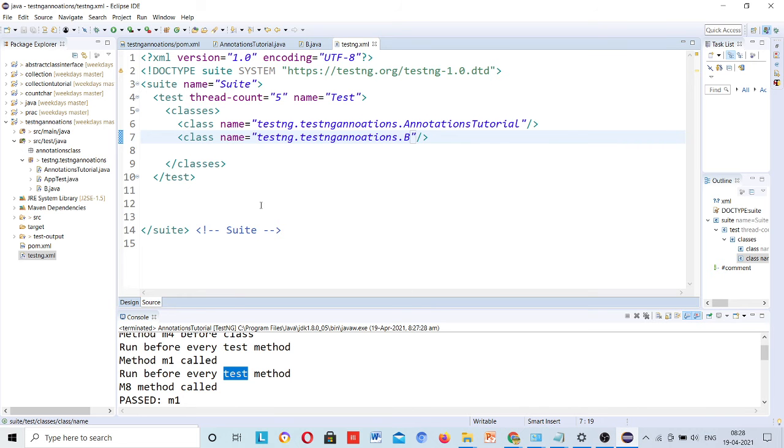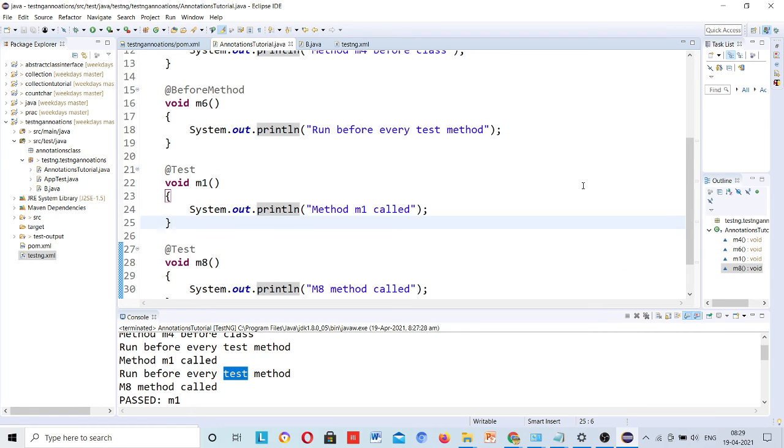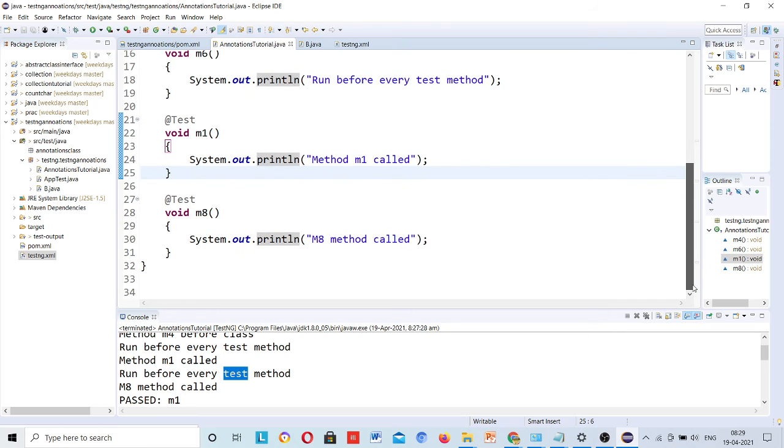Now the thing remaining is that after the completion of the classes there is a class closure, a test closure, a suite closure. The order they are written, the order they are closing, the order they will work in our annotations only. So this is for your assignment purpose: write @AfterTest, @AfterMethod, @AfterSuite. Everything you need to try out on your machine.